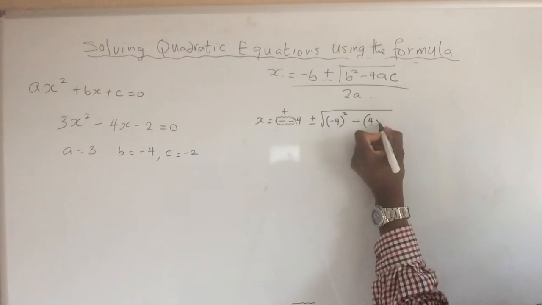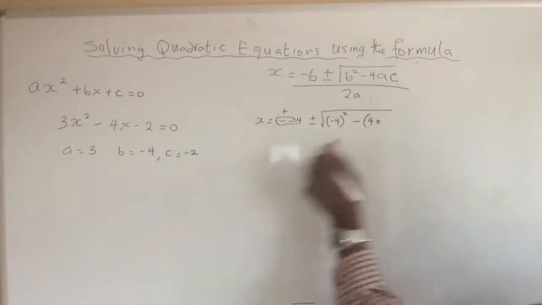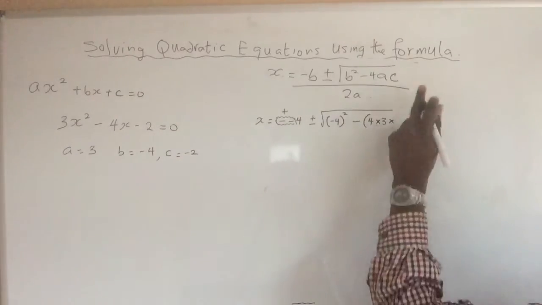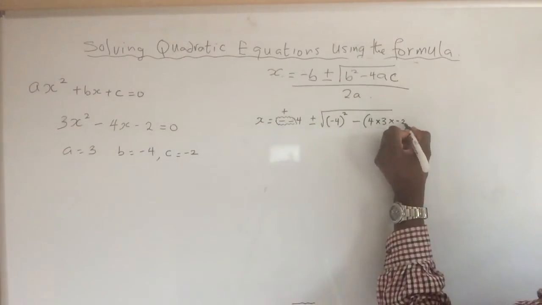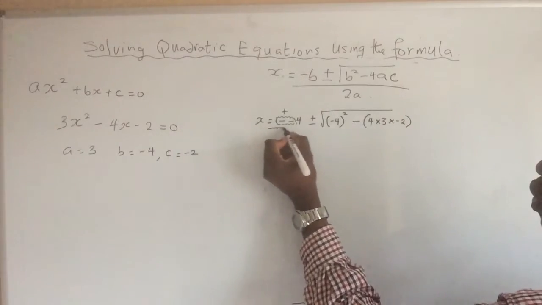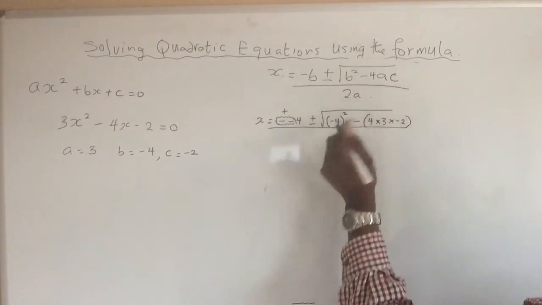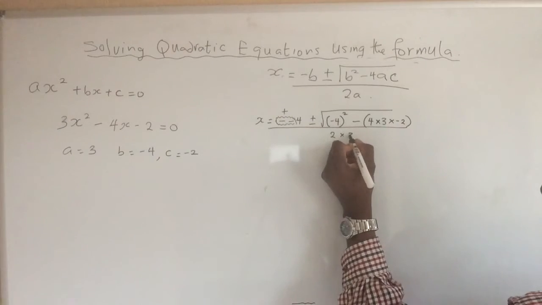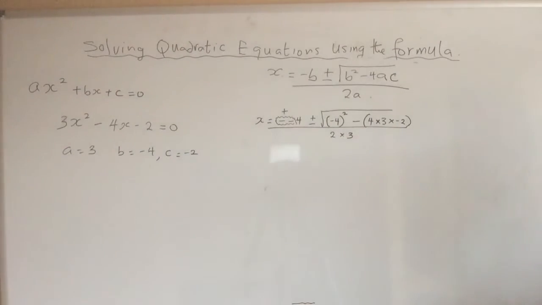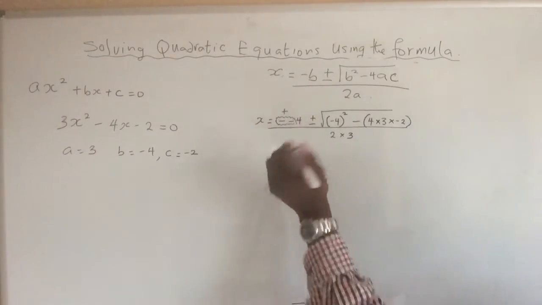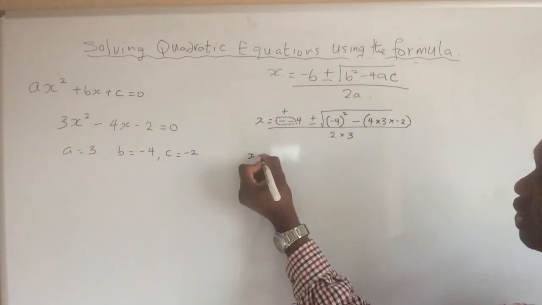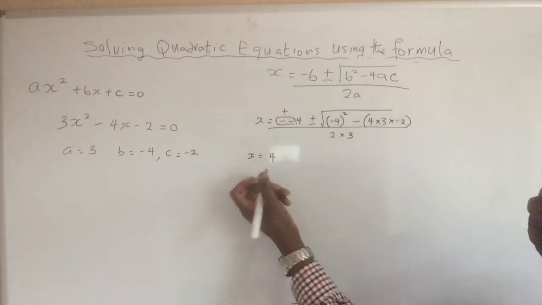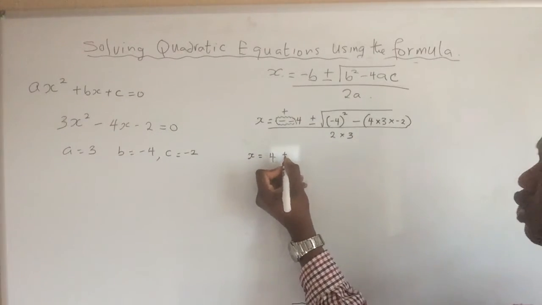So 4 times the value of a, which is 3, and the value of c, which is minus 2. Close bracket. All divide by 2 times the value of a, 3. Okay, well, change this back. That's positive. It becomes x equal to positive 4, which I'm just going to leave with 4, plus or minus